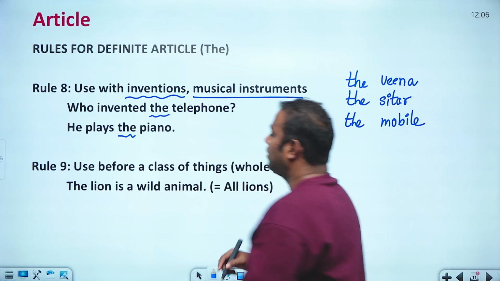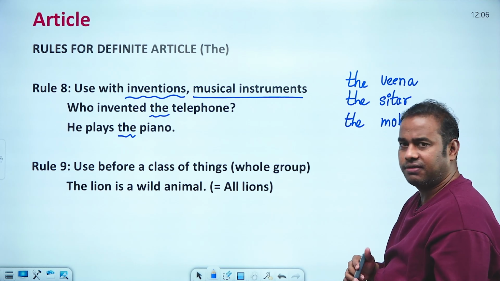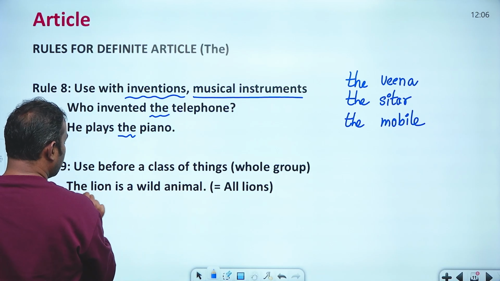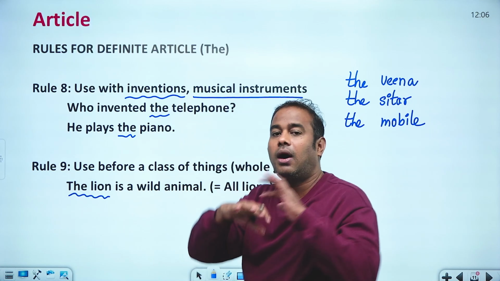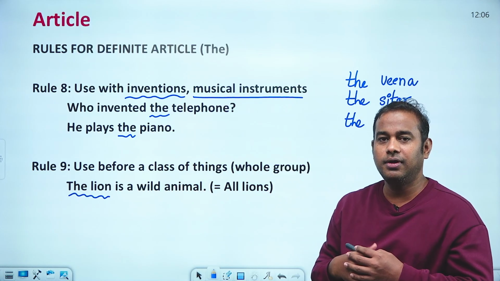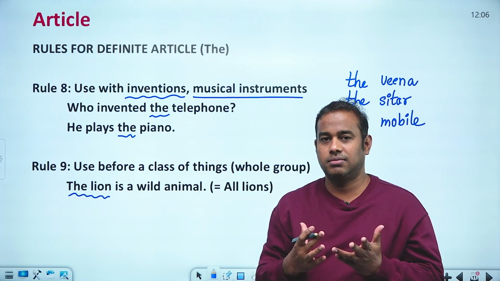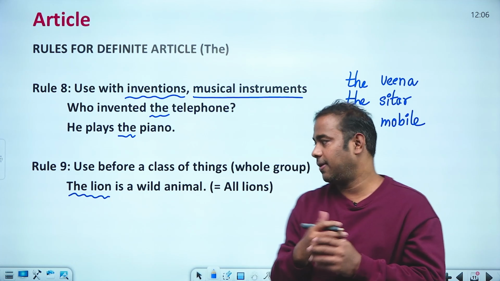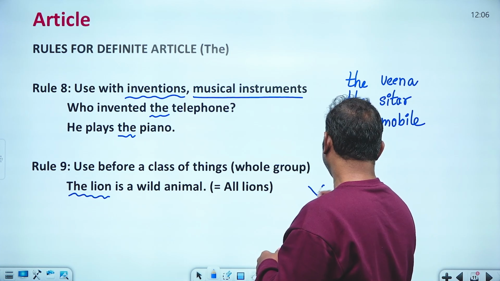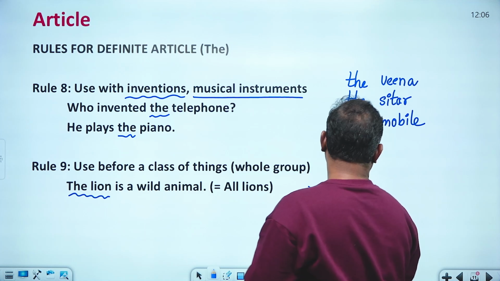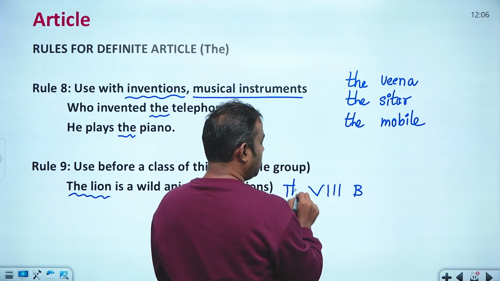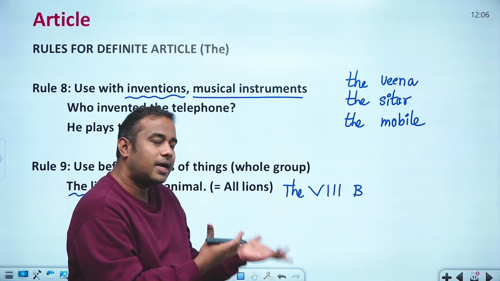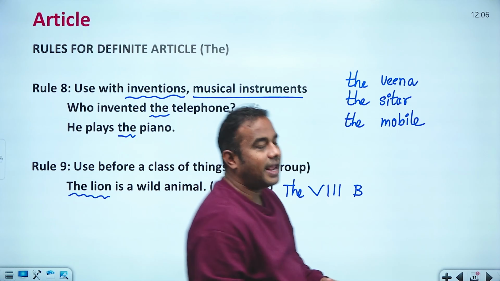Okay, like this. Then use "the" before a class of some certain set of things. Okay, the lion is a wild animal. It means you are completely referring to all the lions. So for example, the 8th class B section is wild students. It means you are referring to each and every student in that respective class. Okay, so that's the reason why you are actually saying this one. Okay, so likewise